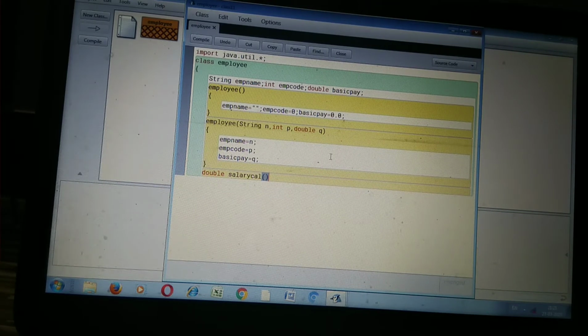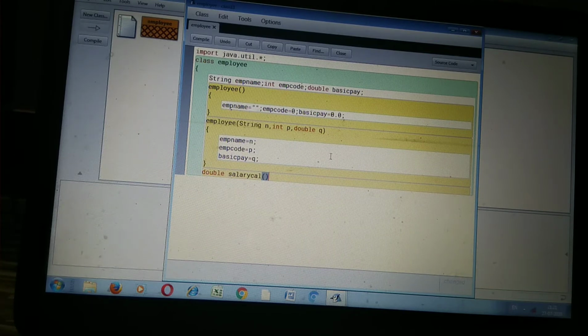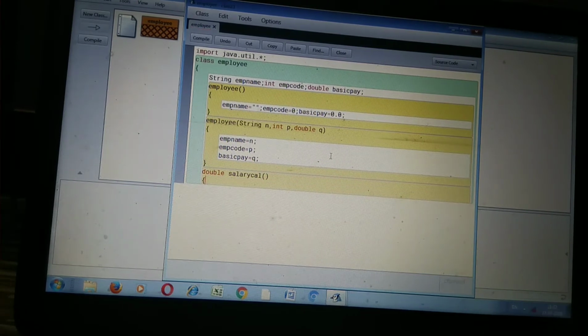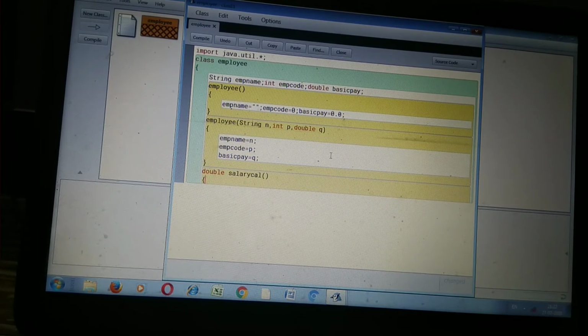How do we calculate the salary? The salary is calculated according to the following rules. Salary is equal to basic pay plus HRA plus DA. These things are given in the question. HRA is 30% of basic and DA is 40% of basic.